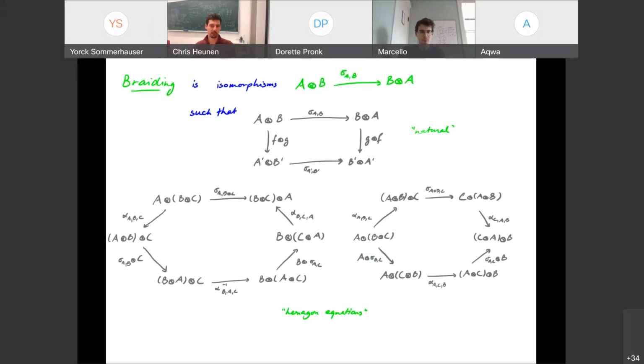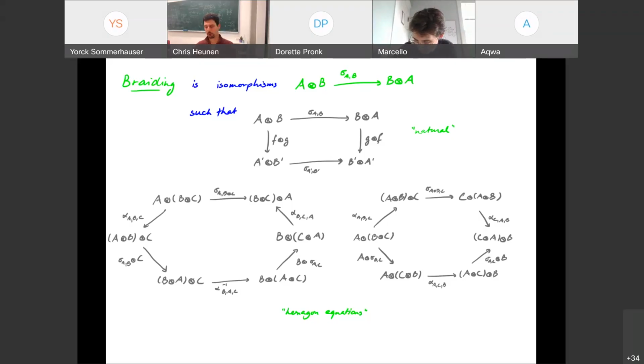So a braiding in a monoidal category consists of a way to swap two objects A and B. If I have A and B, I can take their tensor product A tensor B, or I can take their tensor product B tensor A the other way around. And a braiding is a morphism from this way of putting them together to that way of putting them together, for any two objects A and B. And again, this has to satisfy some requirements. First of all, it has to be natural in the sense that if I do something to A and something to B and then I swap them around, it should be the same as first swapping them around and then doing something to A and something to B.